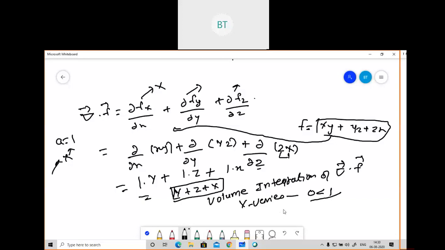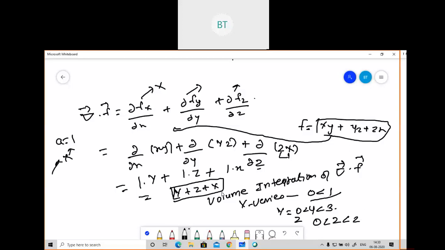So y varies from 0 to 3. Now we'll calculate the range of z. The value of c is given as 2. So how will z vary? z will vary from 0 to 2. So we are aware of the fact that all these variables are varied.